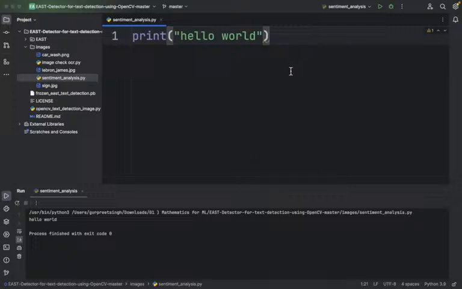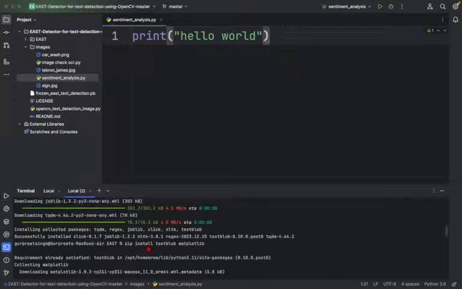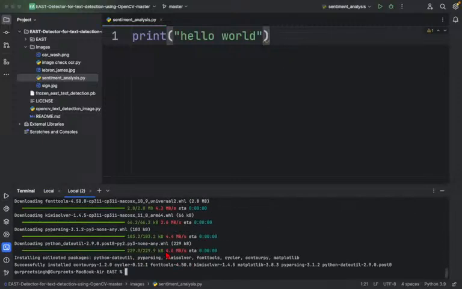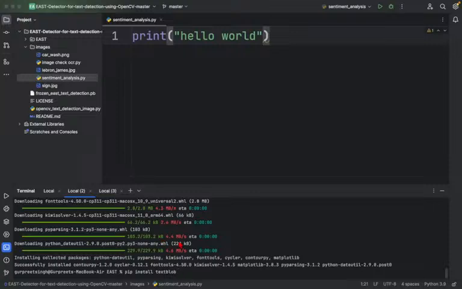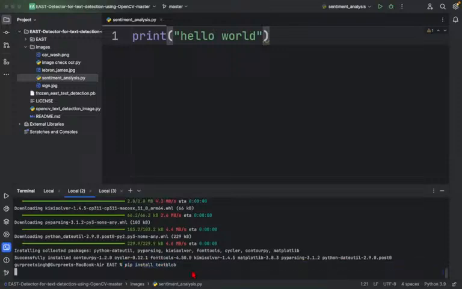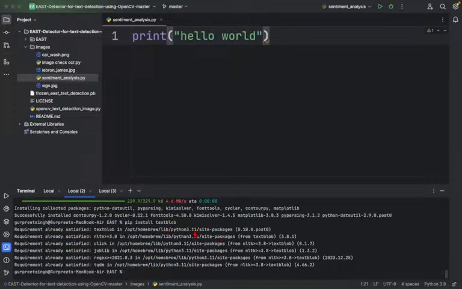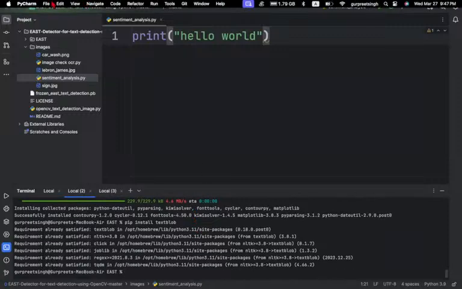Right now, the very first thing I'm going to do is install some of the prerequisite libraries, that is TextBlob, which is a part of NLTK. I can go here and just write pip install textblob, right? It's very important. I can't increase the size here, but still you can see that I have written pip install textblob. Once I hit enter, I already have TextBlob, but somehow if you don't have it,